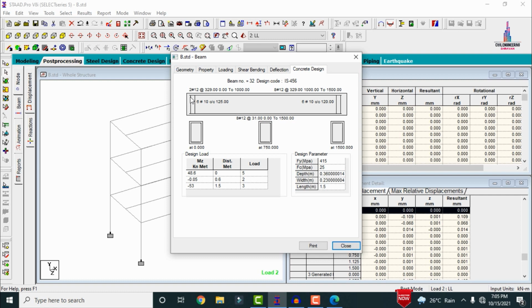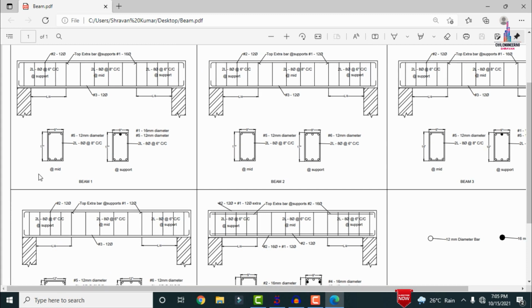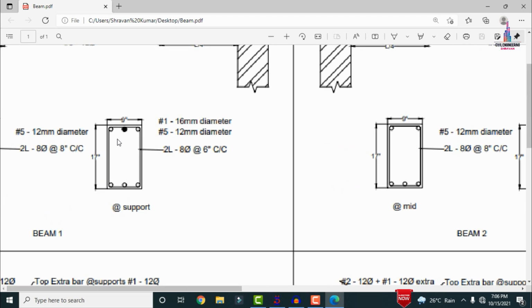Again, coming to the manual, site executed results. For this beam, it consists of 2 bars at the top reinforcement section and 3 bars at the bottom reinforcement section. For the mid section, it consists of 3 bars at the top reinforcement section and 3 bars at the bottom reinforcement section for this building. So for this building, which is a G+12 structural model, this reinforcement is sufficient.